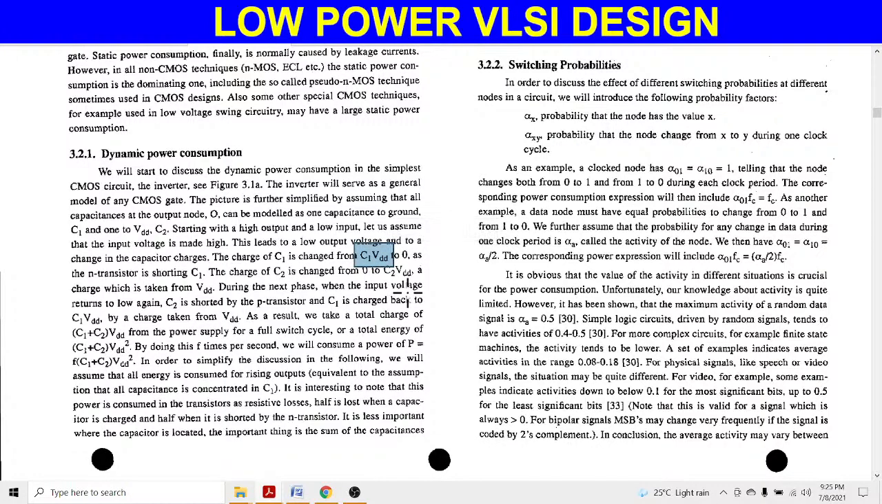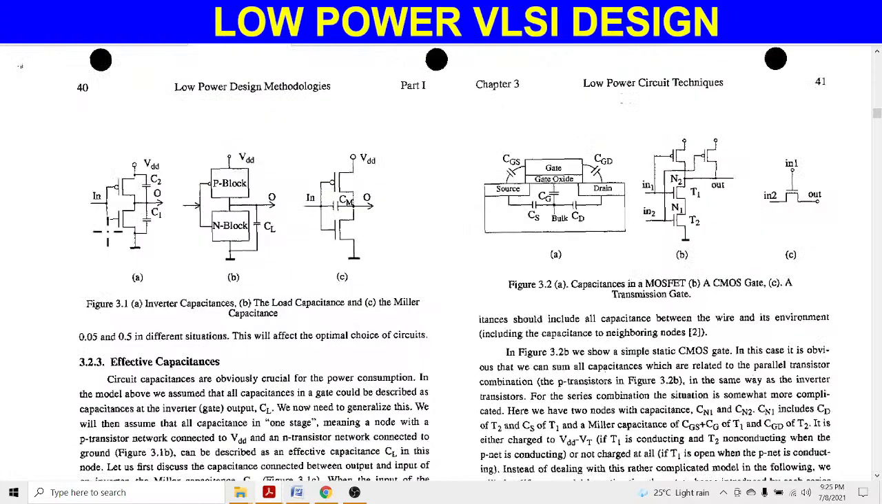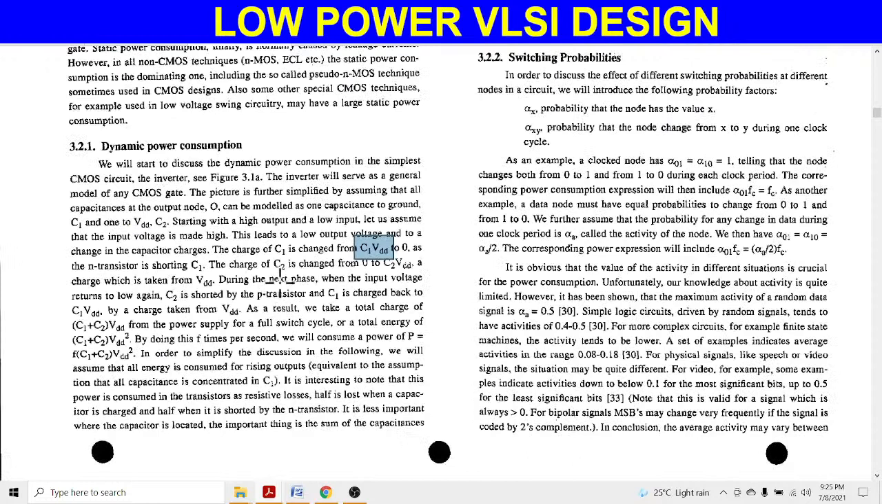And when we provide the input voltage as 1, the PMOS acts as an open circuit and the NMOS acts as a short circuit. When this condition occurs, the capacitor will discharge towards 0. As a result, we take a total charge of C1 plus C2 times VDD from the power supply VDD